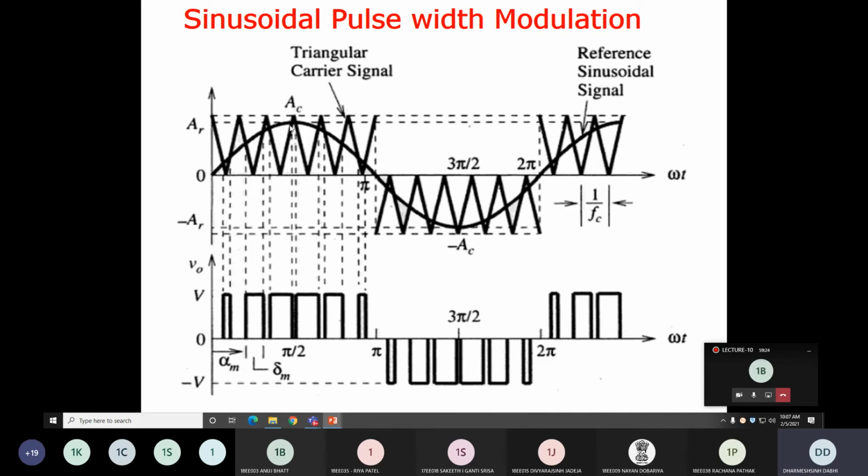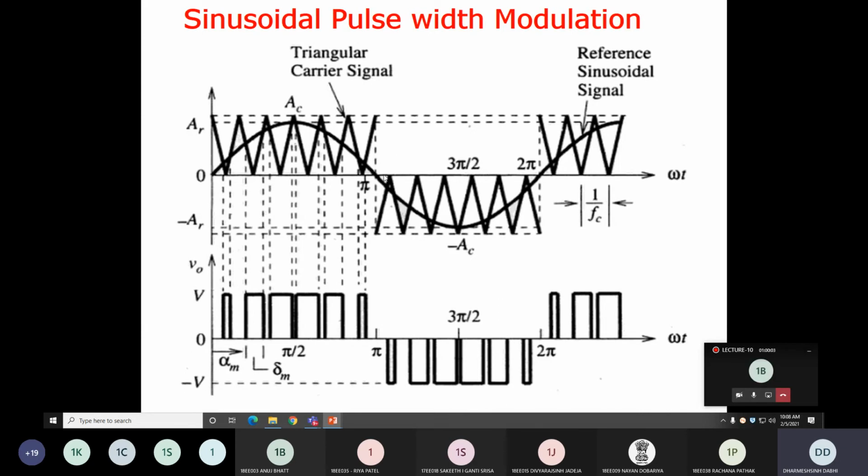You can see that here you get the maximum width where your reference is more than carrier. Same way here, your reference is more than carrier, so you generate the output voltage. So if you take the average of this pulse and join this average point, you get nearer to the sine wave. Not exactly a sine wave, but your output voltage gets nearer to the sine wave. Here in the waveform, it does not look like a sine wave, but if you draw the average of this output voltage, it looks like a sine wave.